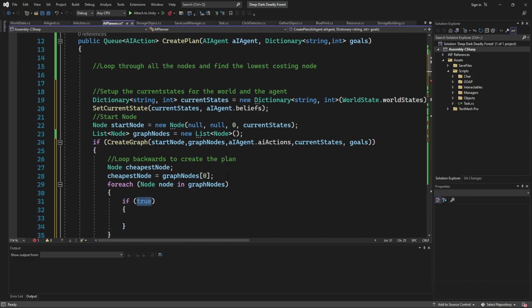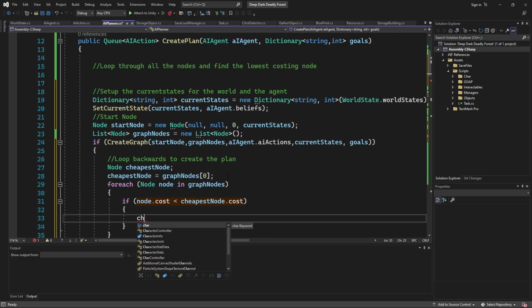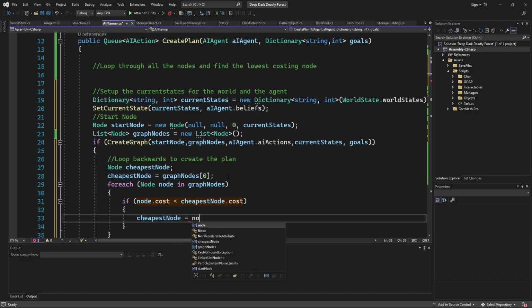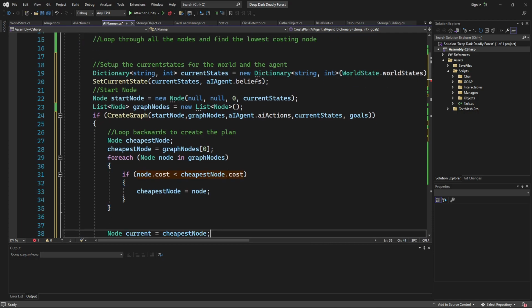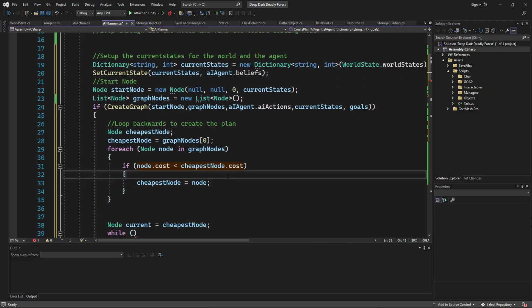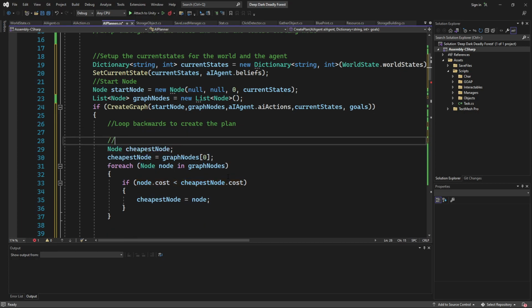If node dot cost is less than cheapest node dot cost, then cheapest node is equal to node. Find the cheapest node,